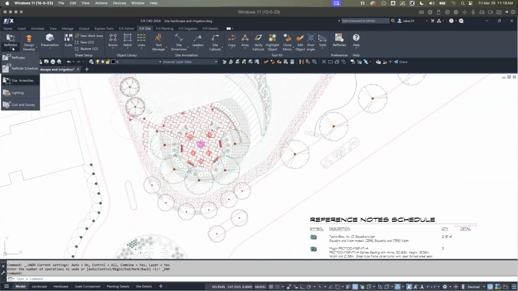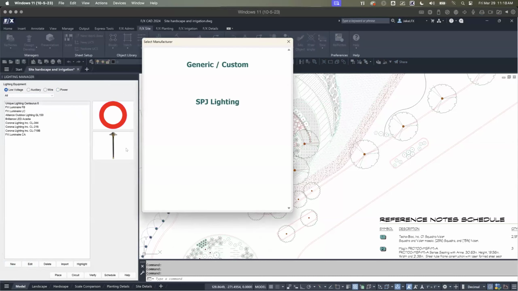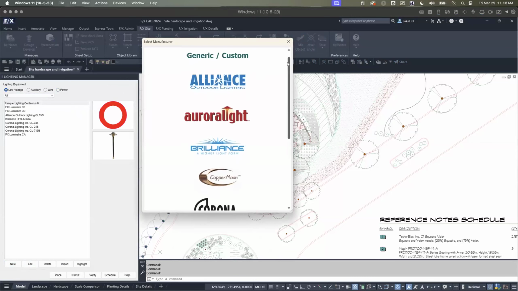It is in the same spot, just its own little bucket. Lighting is new-ish, and if you have not used lighting, it is awesome. I would compare it to the irrigation side from a performance calculation standpoint, where it's going to help you with the sizing of the wires and the voltage drop and all of the things that you would need for an actual lighting plan. Very similar where we say new, we see all of the supported manufacturers,